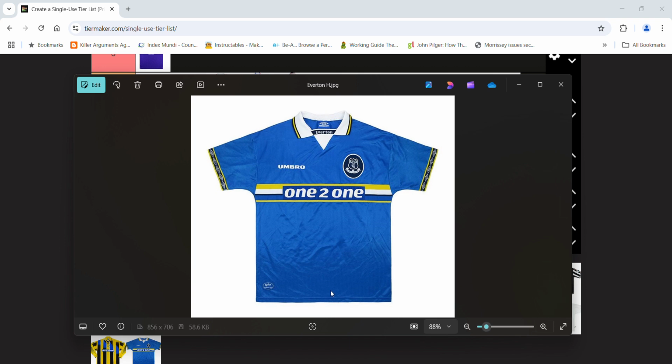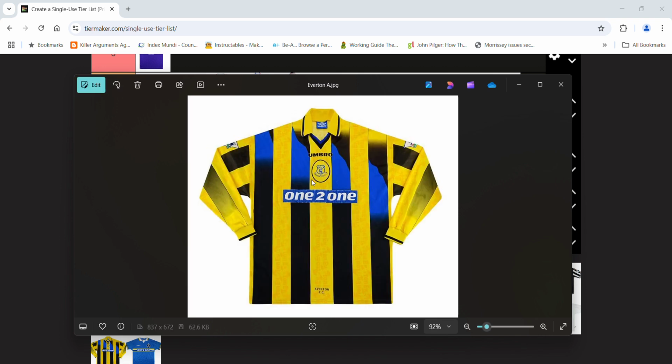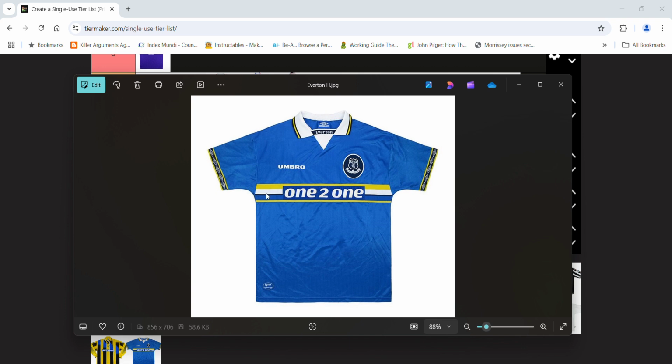This is one of my least favourite Everton shirts. Umbro have let down the side of this one. I don't know whether this is part of their logo. I don't think it's part of their logo. What if they're away? No, it's not. So, this